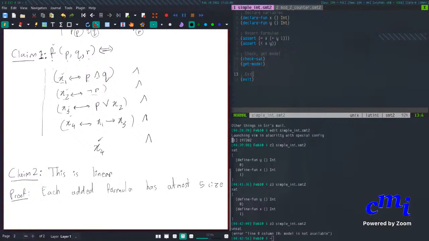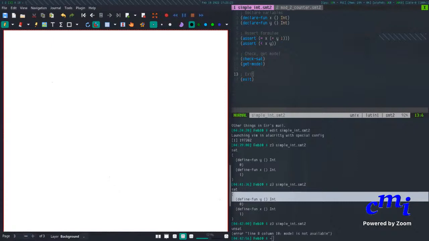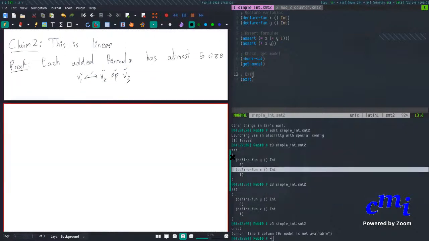Because it looks like this, right? So it looks like some V1 equivalent to V2 op V3, right? So we have 1, 2, 3, 4, 5, right? Yeah. And the second thing is that the number of formulas is going to be